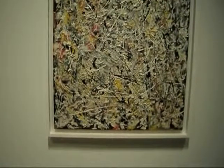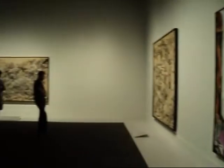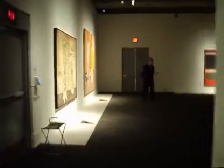This is Donnie. Anyway, we're going through the Abstract Expressionist exhibit from the MOMA. And this is all Jackson Pollock's work. They're worth millions of dollars. Totally millions of dollars. Okay, we'll go into this room. It doesn't have that much light, but